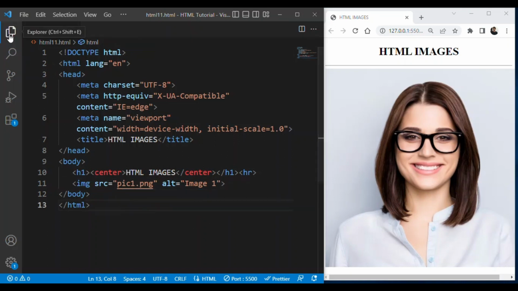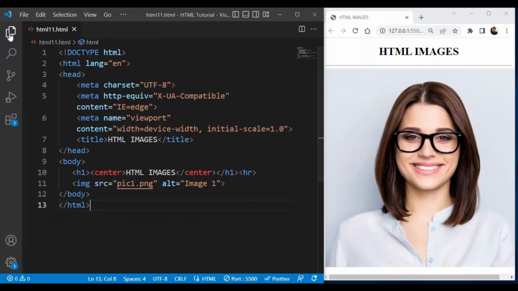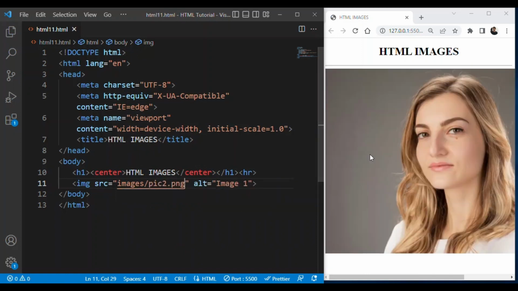Next we have also placed another image inside the images folder, and that name is pic2.png. So we'll provide the path to our image. For that we'll write images/pic2.png. So you can see the image.